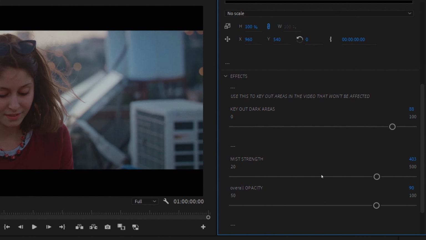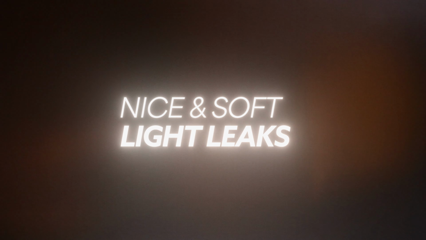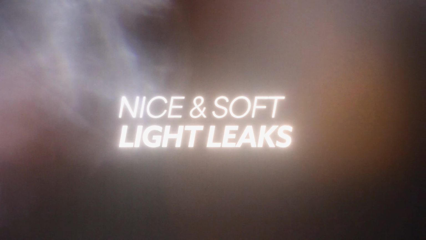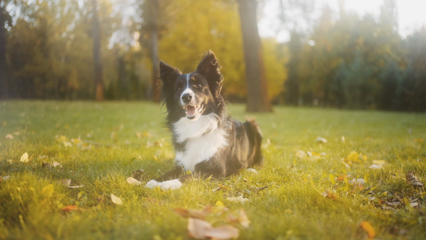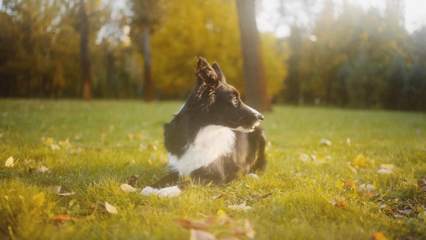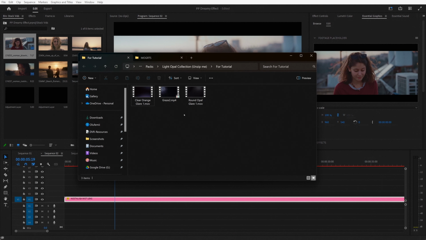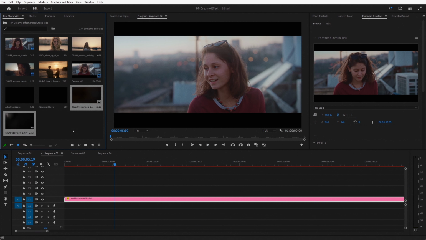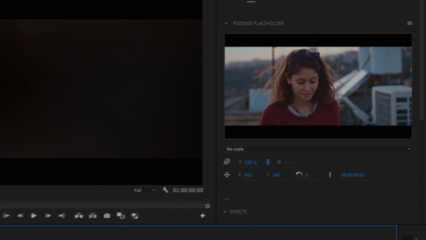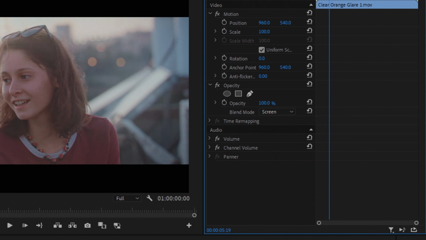Now to give it more authenticity, you can add these really nice and soft light leaks, which complement the glowy, dreamy look perfectly. The reason why this works is because our dreams are often imperfect and have a lot of glare, and these light leaks help us get that exact same look. So I'll drag the opal glare and the orange glare into Premiere Pro to import them and place them on top of our clip. And then I'm going to set the blending mode to screen and then lower the opacity